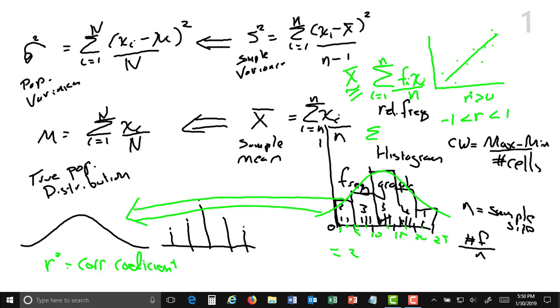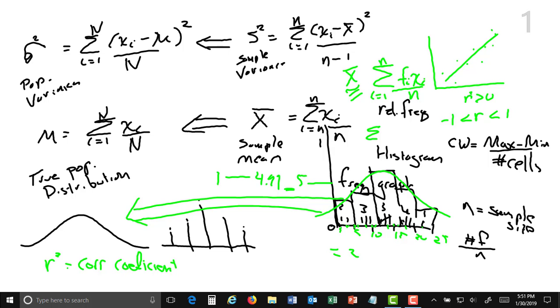Now, you can put little gaps in here so that you fall in one cell or the other, because you might get an observation of 10 and you don't know which side to put it on. So you give a little error term on both sides. For example, instead of going from 1 to 5, I might go from 1 to 4.99, and then start over here at 5, so that I have a little gap of 0.01. This helps sometimes, and this would go on to the next one, 9.99 and so on. So you might need to work a little gap in there, but the main point is calculating this,